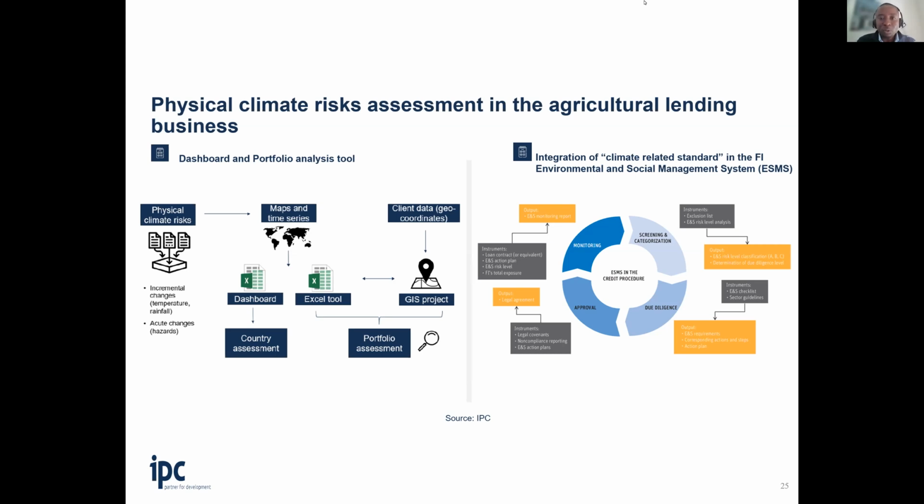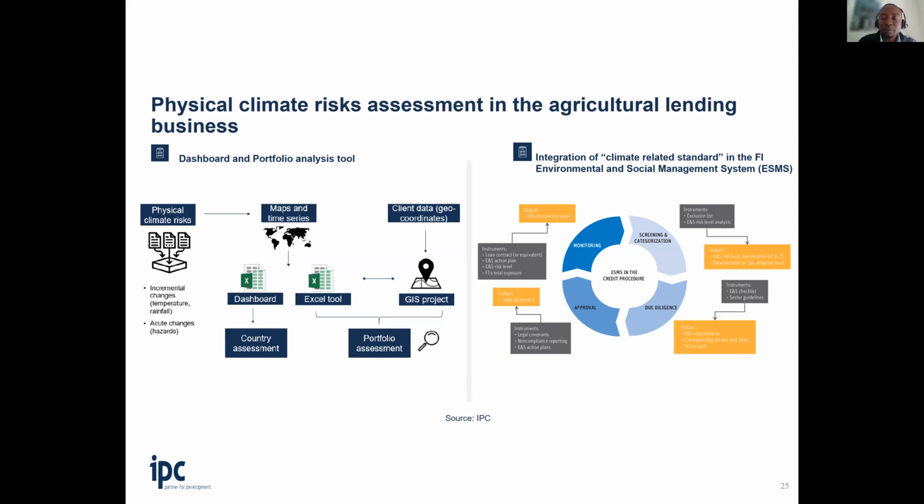Mostly, we are working also with EIB banks in East Africa, where these standards related to the climate-related aspect should be considered when we make the environmental and social management. So we have developed, from the screening and categorization procedure to all the due diligence, some vulnerability assessment templates and checklists that also integrate to the current procedures,